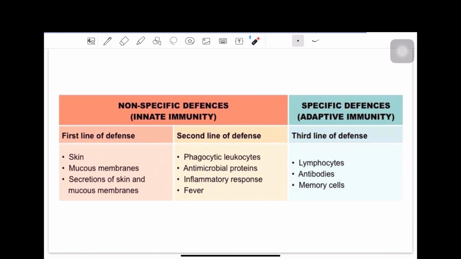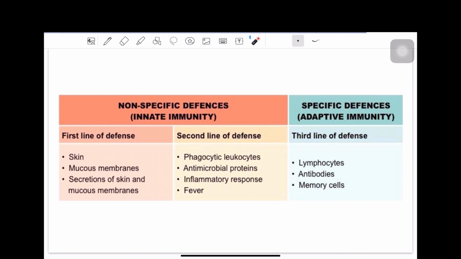The first line of defense does not work. So, therefore, the pathogen can enter through that wound. And if the pathogen enters through that wound, there are other mechanisms that can protect our body from that pathogen attack. So those will be the leukocytes, mainly the neutrophils, which are the first responders in case of any breach